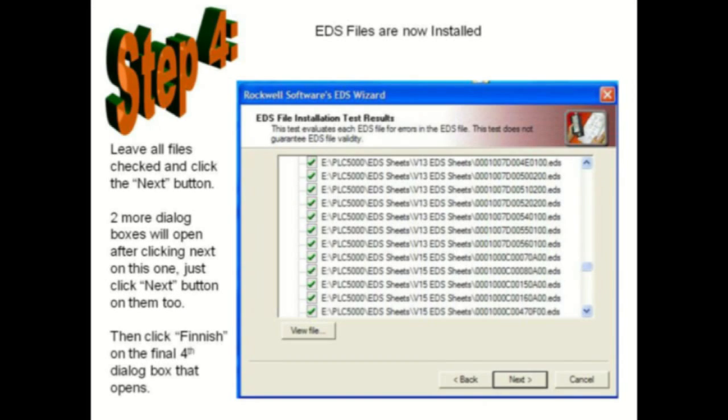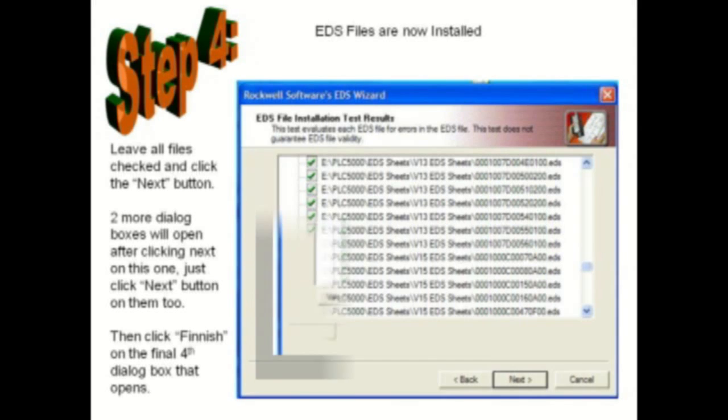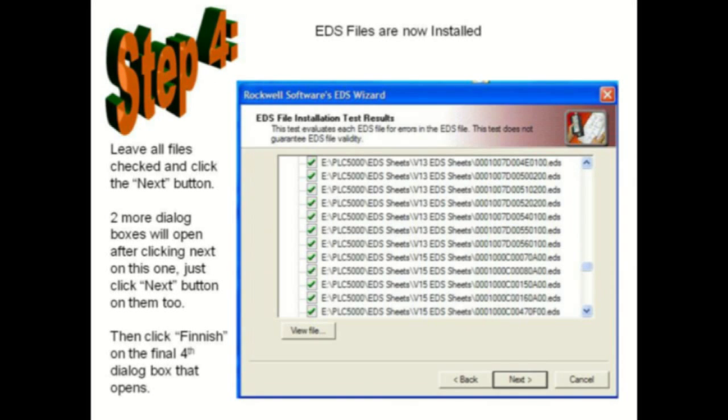The next three dialog boxes will contain the EDS files that were found, so you'll click the Next button, leaving them all check marked. Click the Next button 3 times. Then click Finish on the 4th dialog box that appears. Then click Exit on the 5th dialog box that appears. And you're done installing the EDS